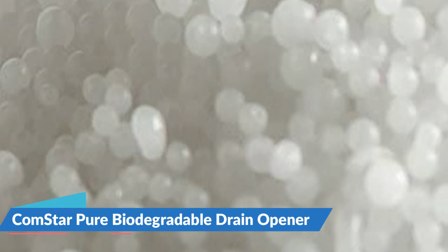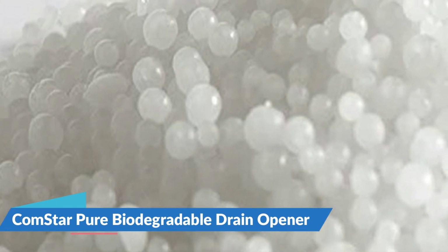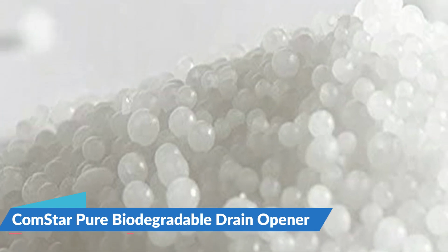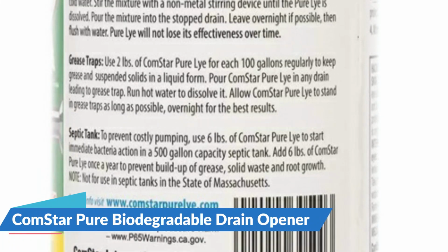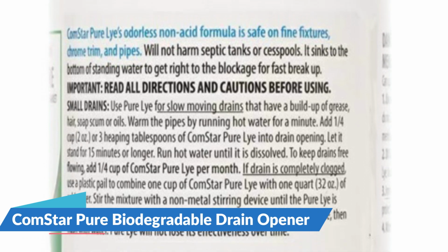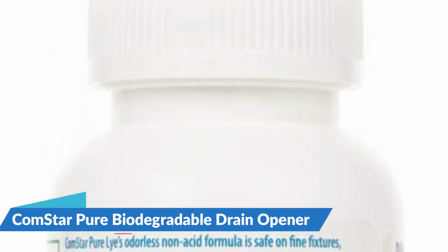A natural drain opener, its non-acid, biodegradable formula is safe on fine fixtures, chrome trim, and metal or plastic pipes, if used as directed. This fantastic product clears clogged and slow-moving drains, grease traps, and septic systems without harming septic tanks or cesspools. Applied regularly, it enhances the growth of active bacteria. Because of its unique bead shape,